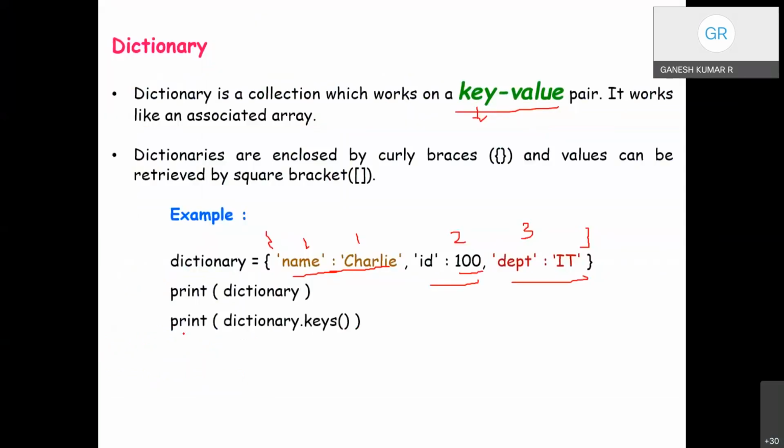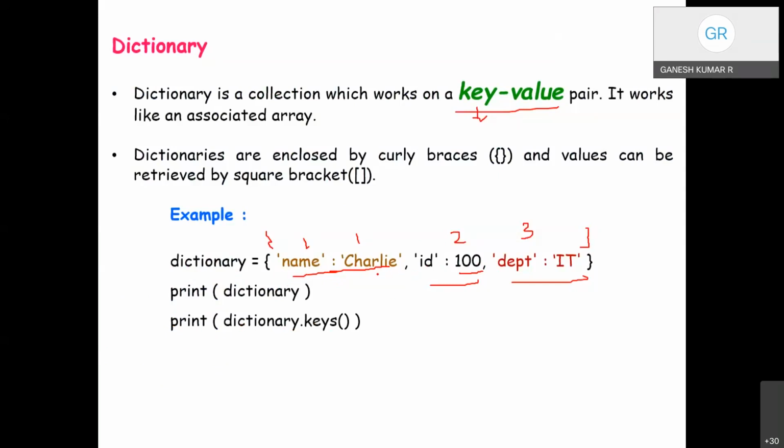Now, print dictionary dot keys. We don't want the whole list. We want to pick some selected values from it. The entire dictionary is a collection of keys and values.